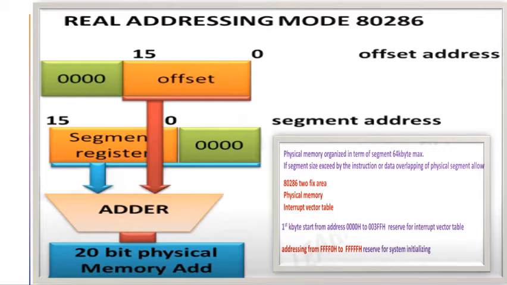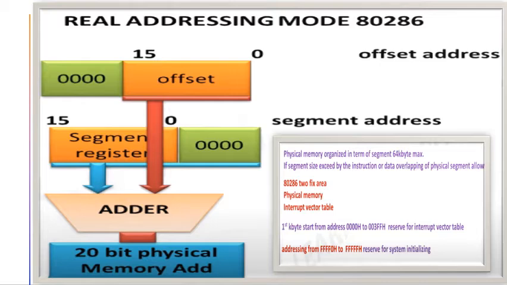Therefore, a segment address begins on a multiple of 16 bytes. In this addressing mode, all segments are 64 kilobytes in size and may be read, written or executed. An exception or interrupt can occur if data operands or instructions attempt to wrap around the end of a segment.